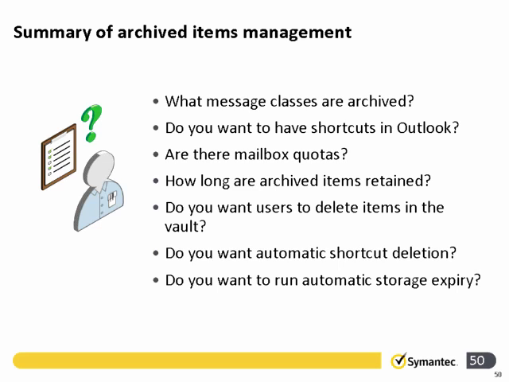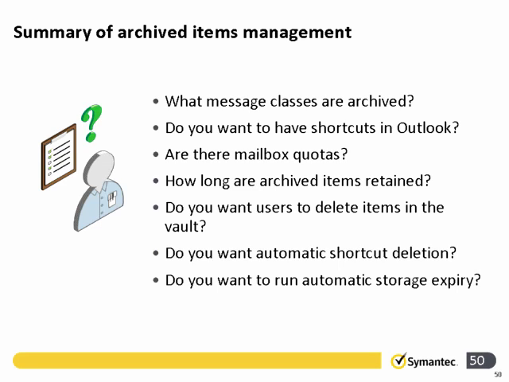Do you want to have automatic shortcut deletion? And do you want to run automatic shortcut expiry? Again, all these questions hopefully have been answered for you through Lessons 5 and 6, but these are the kind of questions you want to ask when you're setting up your mailbox archiving, going all the way from the Exchange mailbox policy, through the provisioning groups and provisioning tasks,